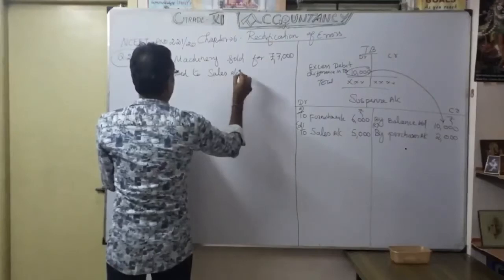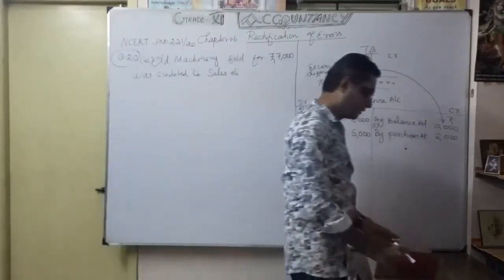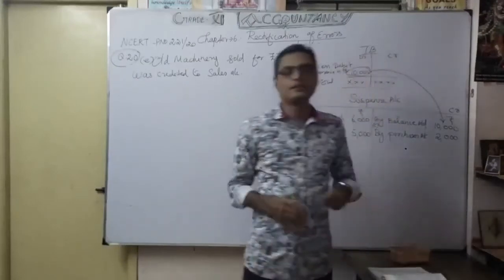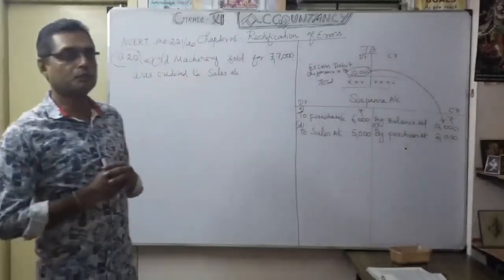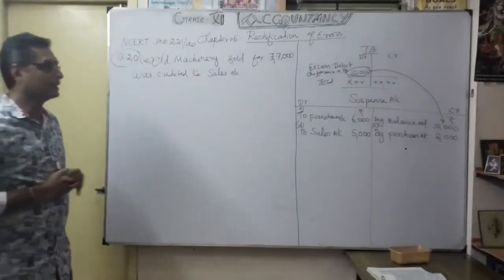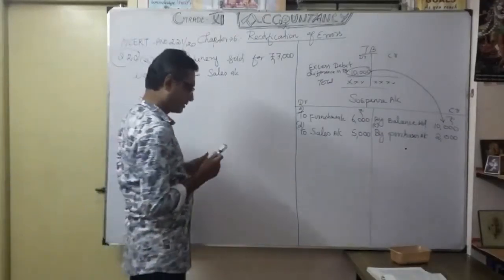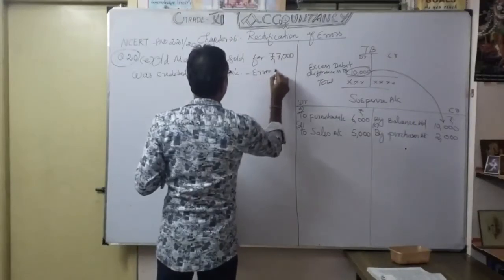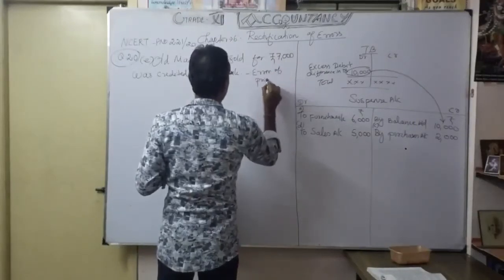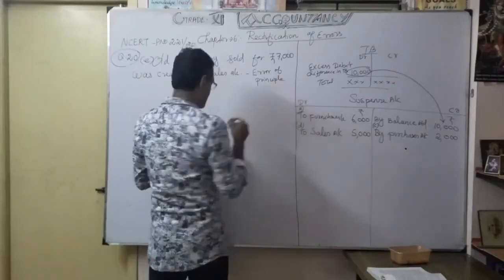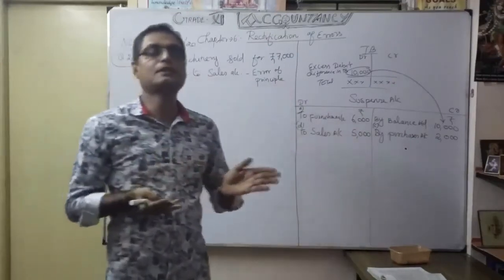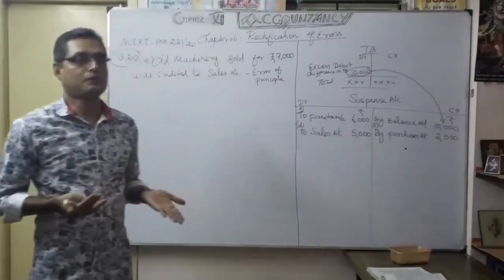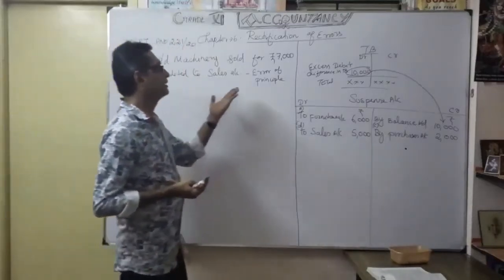Okay. So now tell me, what happened in this problem, what is the error that occurred here? Once you read the transaction, you can clearly identify which type of error is coming under error of principal. Okay, so this error is coming under error of principal. You know that very well. What is the meaning of error of principal? The allocation of capital expenditure and revenue expenditure wrongly given effect. That's what we can say, it is coming under error of principal.